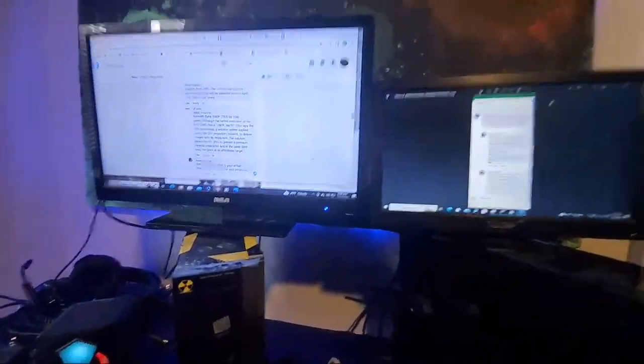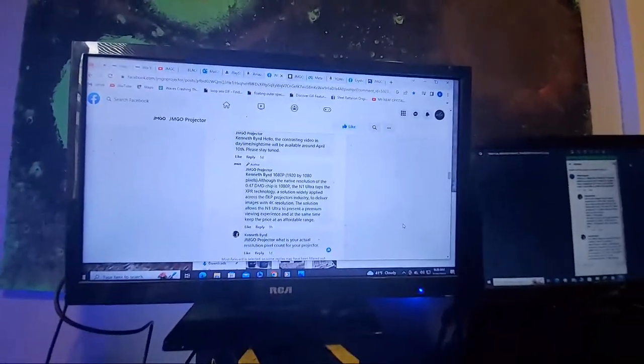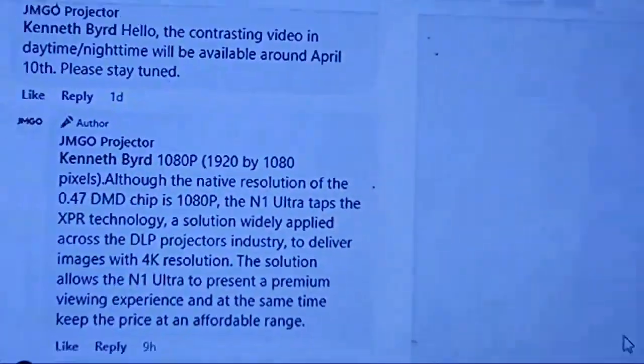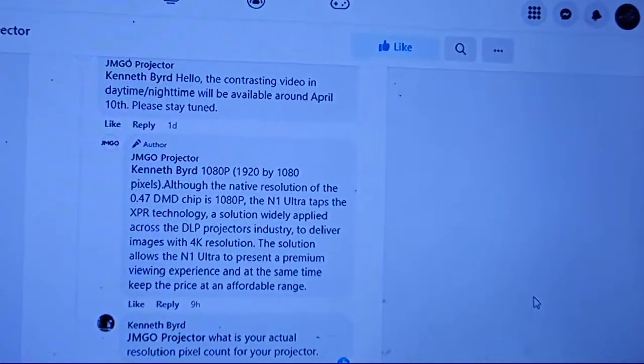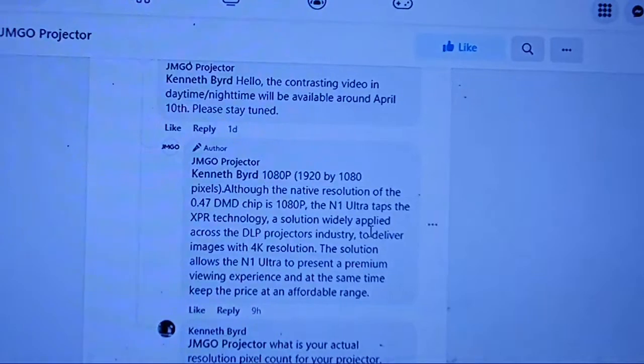I'd like to know where you're getting the extra pixels from to do that. Unless you've got a machine in there that's doing it, and that's virtually impossible. So bottom line is, that projector right there is 1080p. That's what it is. And then, by them saying that in the conversations below,